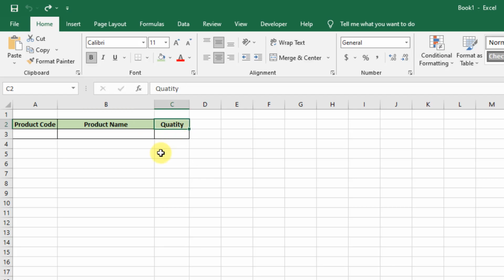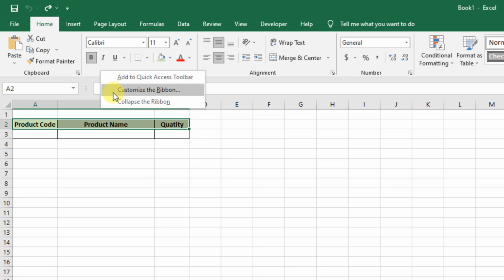Okay, the first time you should select your column that you want to insert data to its cells. Okay, select already. You can right click on the blank ribbon place